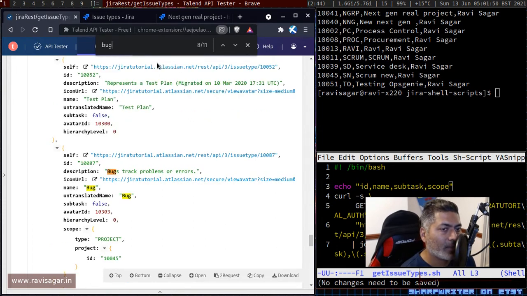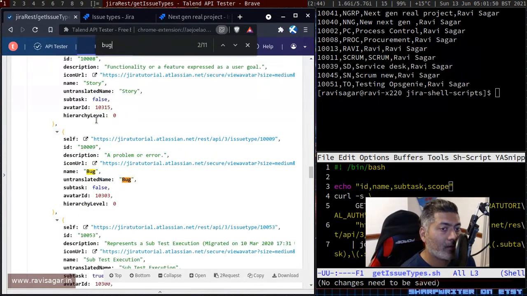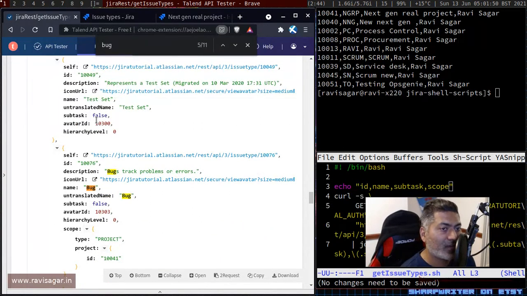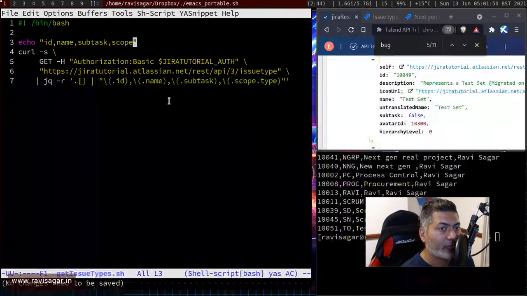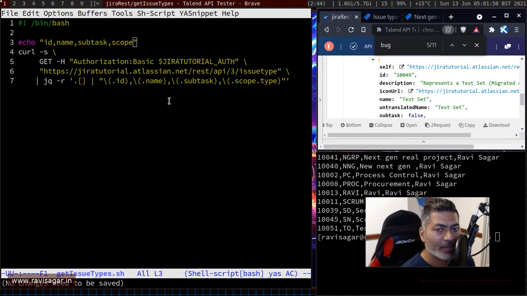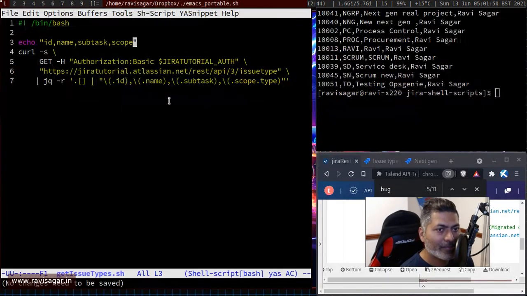If you continue further, you can find maybe more, like we have more bugs, like this is I think the third one, and fourth one, and fifth one, and so on. So what I was doing is I was actually using this endpoint, and as I mentioned before, I have been playing with different scripts, especially shell scripts to basically fetch this information from your terminal. So if you look at this particular endpoint, right now I'm using jiratutorial.atlassian.net, which is my URL, and then the endpoint is REST API 3 issuetype.